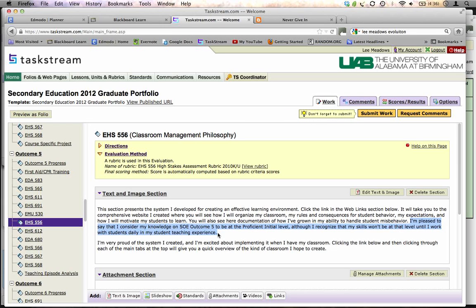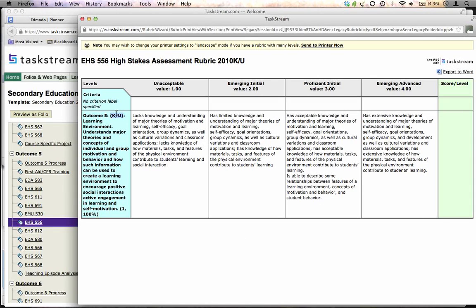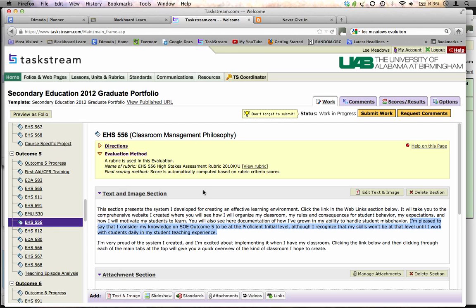Now, what I said before about the rubric makes sense, because this is knowledge. Many of you have hit proficient initial in your knowledge, but you're not proficient yet in creating learning environments. That doesn't come until student teaching, and if you'll notice in my reflection, I basically said I'm aware of that. And then here is the orient section of my reflection,